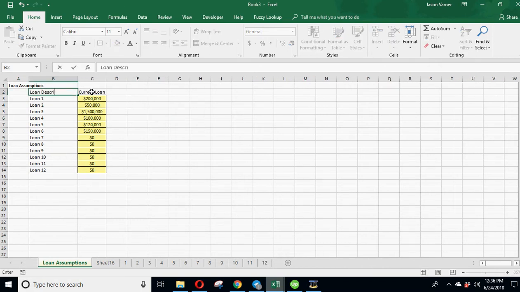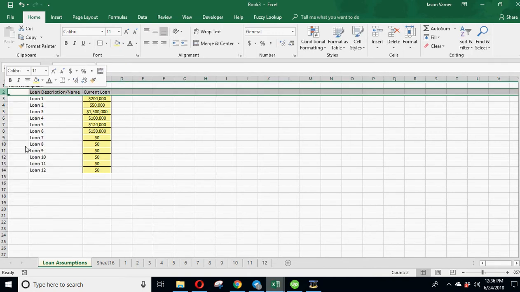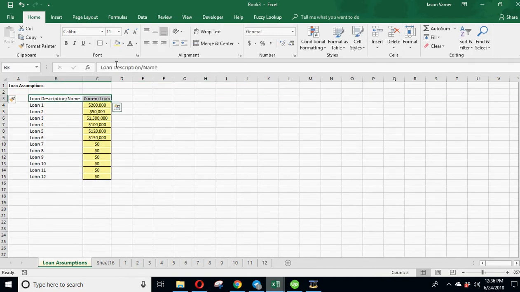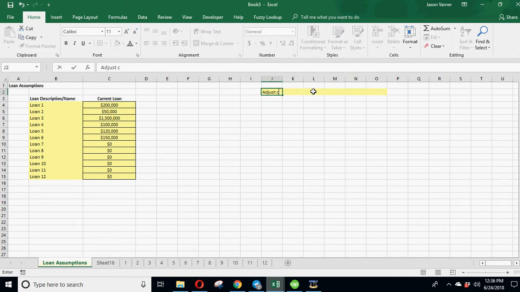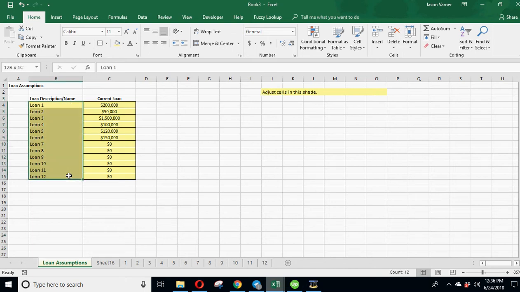description, name, and a lot of modeling is formatting as well as just making sure everything's clear. Okay, so we've got the loan description here, which everything in this color is going to be editable. Just cells in this shade. So we've got all our loan names here. We've got the current